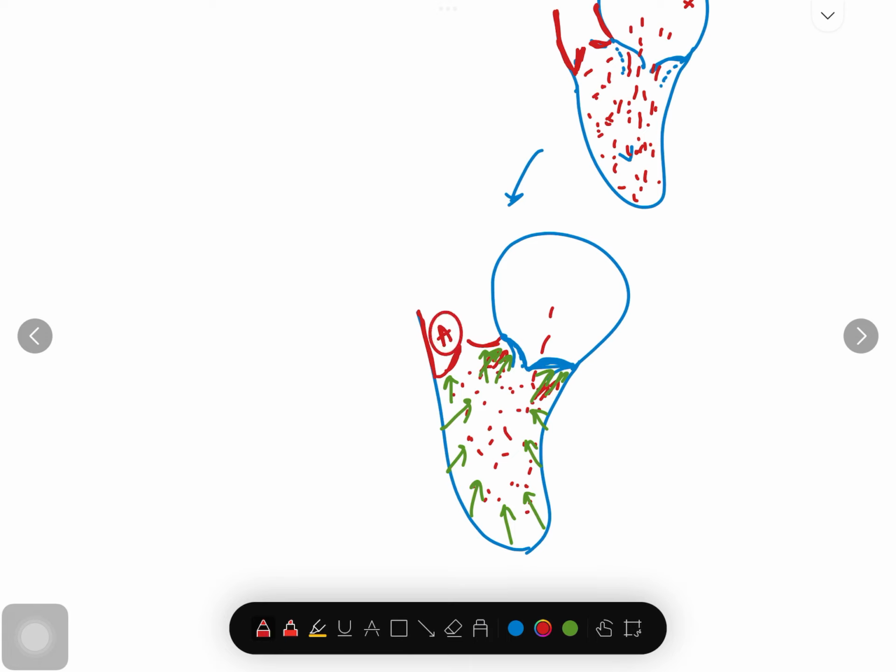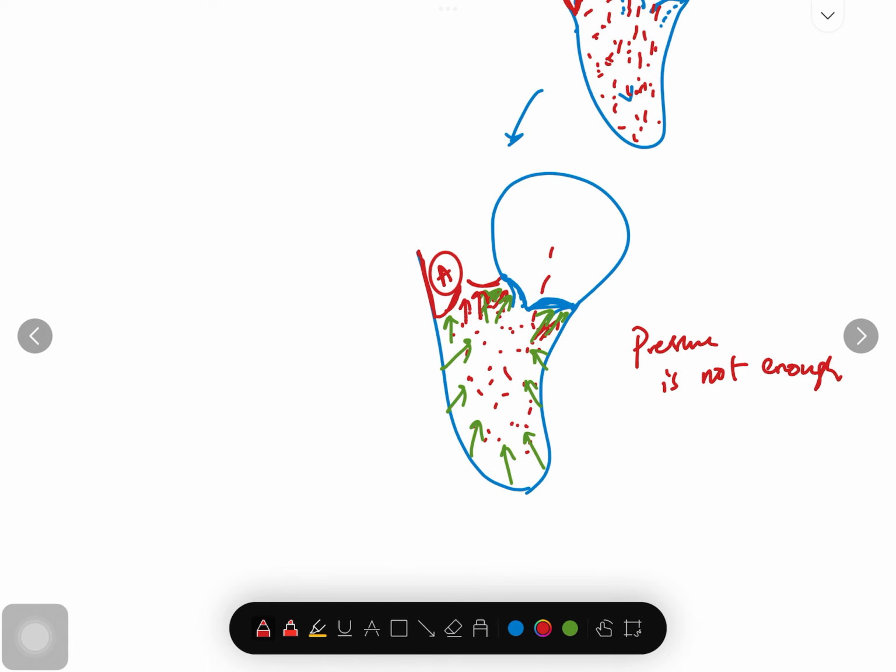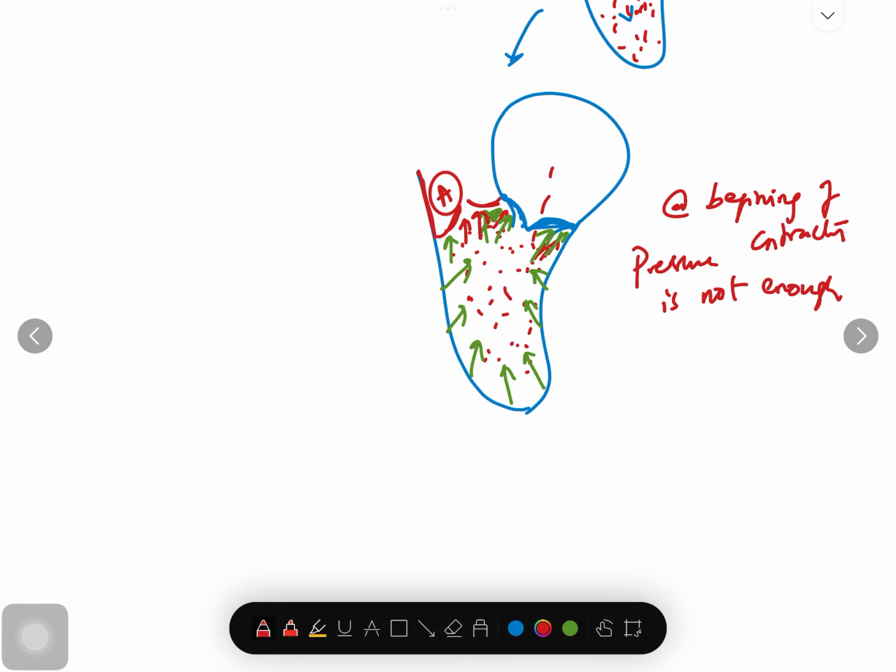As the pressure is increasing, this pressure will also be exerted on the aortic valve, and aortic valve tries to open, but at the beginning of contraction, the pressure in the ventricle is not enough to open aortic valve,